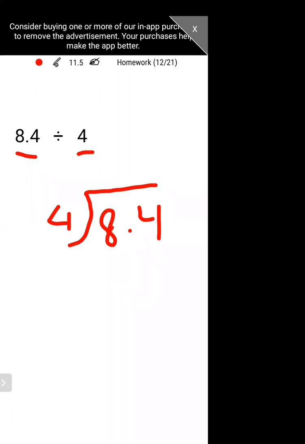What you have to do, put the decimal right above the decimal, right above it, and then you're going to divide it. 4 is how many times going into 8, or how many 4s are there in 8. There are 2 4s in 8, and 4 2 times is 8, so write down 8, and the decimal is already there. Now you're going to bring down